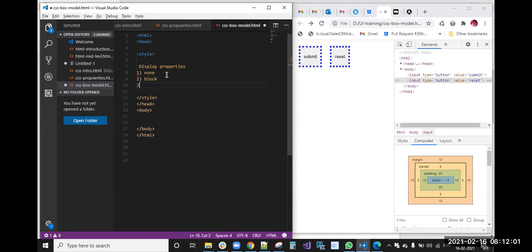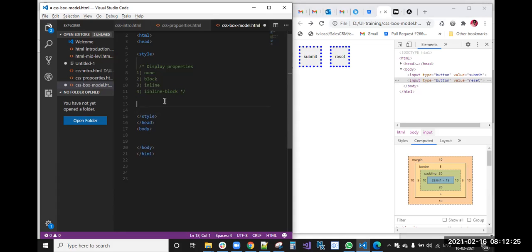Then display inline, and then display inline-block. Okay, these are the four display properties we are going to discuss today.